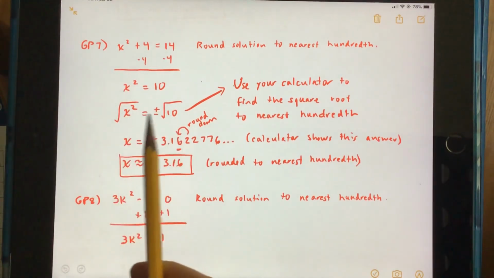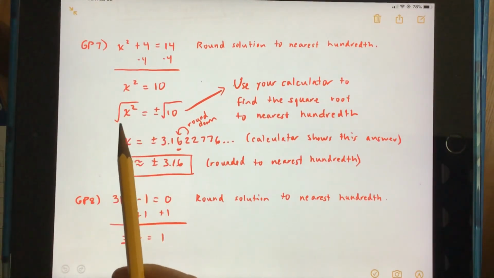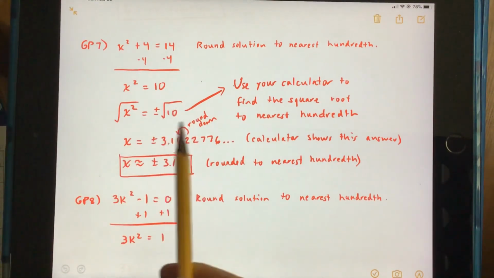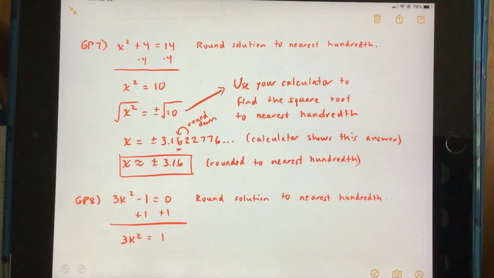Then we're going to take the square root of both sides, and that would give us x is equal to positive or negative root 10, and we need to figure out what that root 10 is. So this is where you're going to use your calculator to find the square root. You're going to end up rounding the value you see on your calculator to the nearest hundredth. You should see something like this on your calculator, a bunch of digits past 3 point,